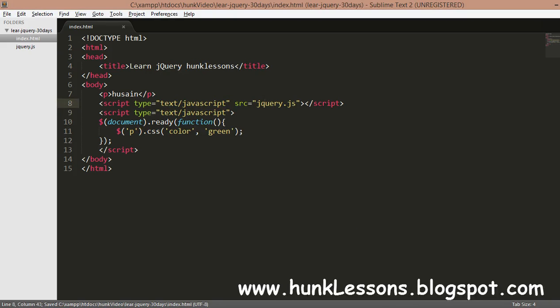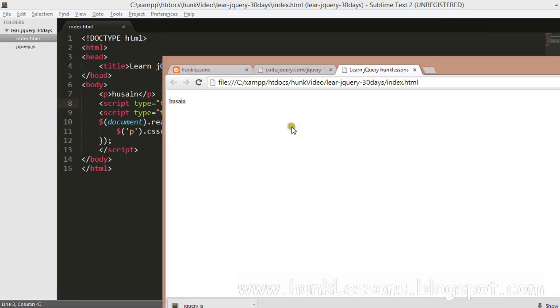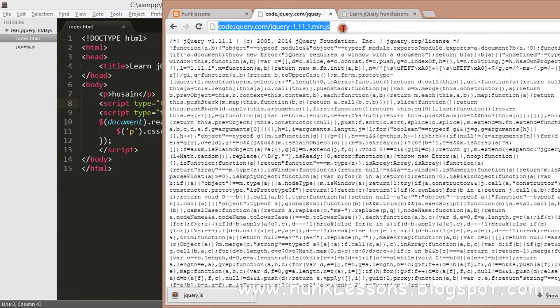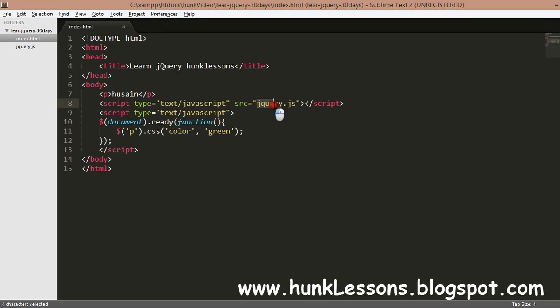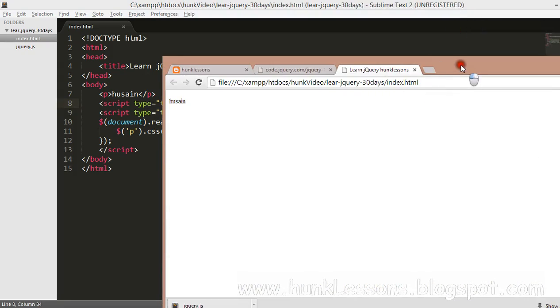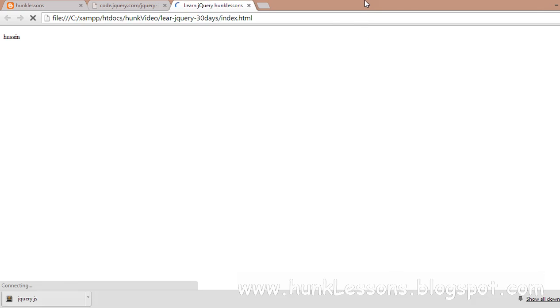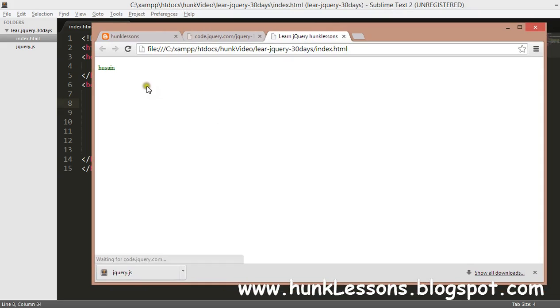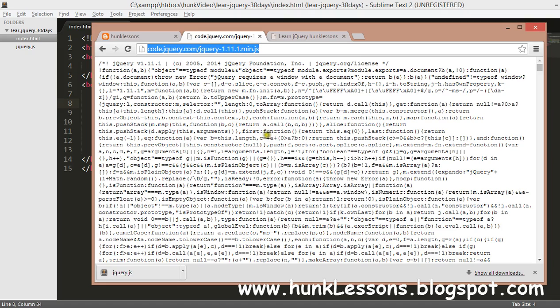We are on a local machine, that's why I have grabbed a copy of jQuery on my local disk. If you want, you can directly copy that URL and paste it here. It is a CDN provided by jQuery.com for loading jQuery on websites which don't have their personal hosting. Okay, I will load jQuery for you guys. See, first the paragraph was black, afterwards jQuery loaded, then it changed the color of the paragraph to green. And the minified version is loaded fast.